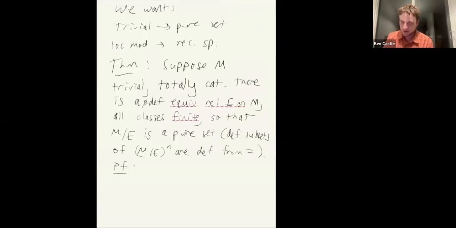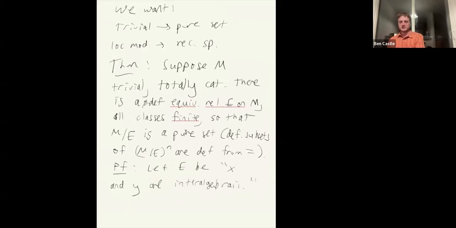So what is E? Let E be the equivalence relation on X and Y: X and Y are inner algebraic. Okay, so this might seem like you can't do that, that it's not definable, but it is, because total categoricity lets you do that. So E is zero definable